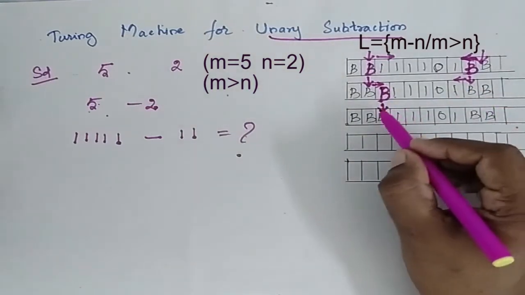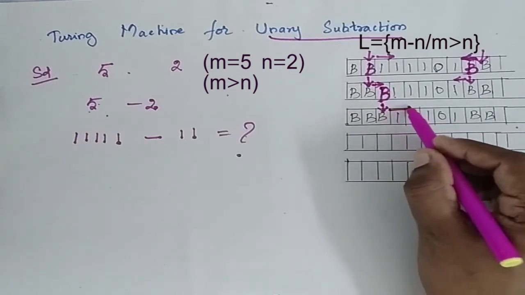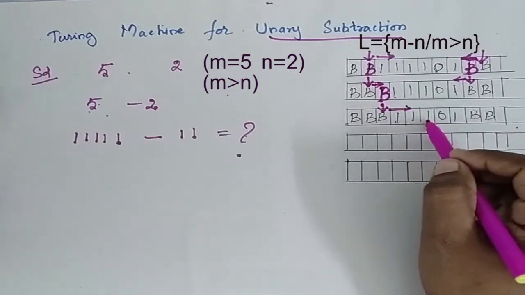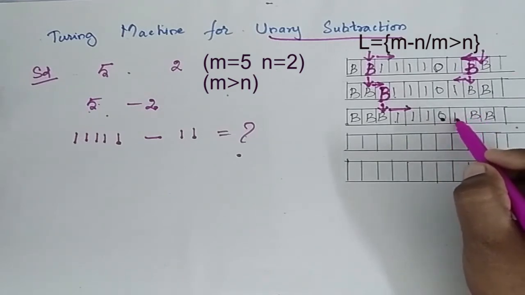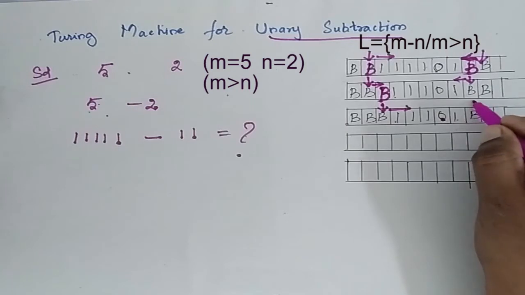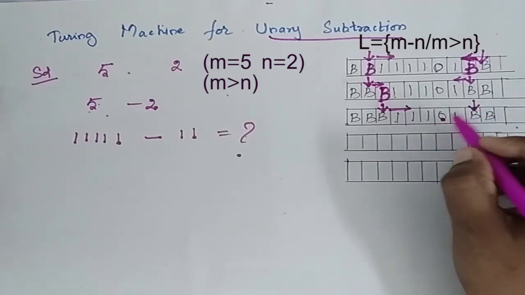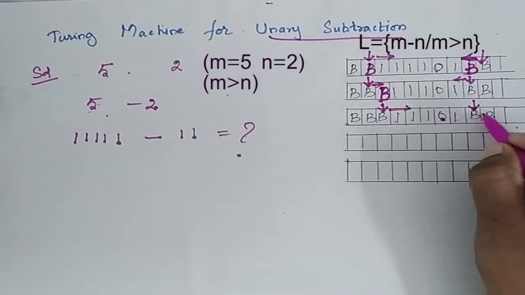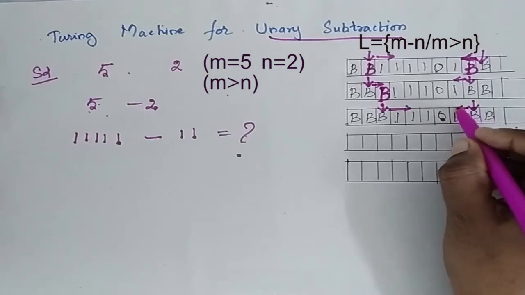Okay. Now after making this 1 blank, it will move across 1, it will move across 0, it will move across one again, and then it will encounter a blank space. All these ones, the 0, and the ones it encounters are kept as such until it reaches a blank space. This blank is also kept as such and it moves left.